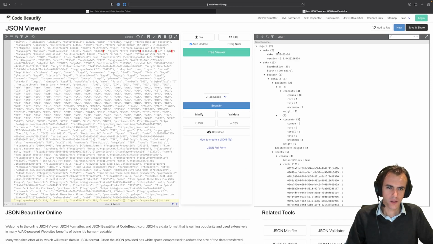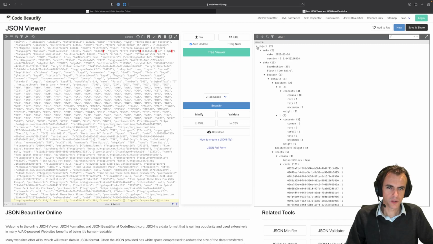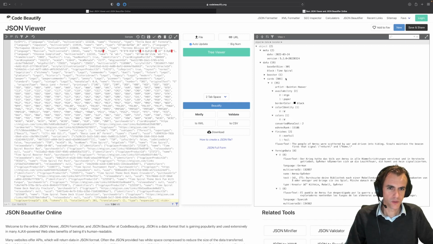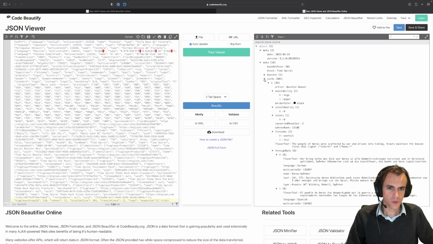And then it will, with the tree viewer, give us a structured version of this where we can see that it contains a couple of properties as metadata, and then some data which has an integer, a string, and then a booster object, and 301 card objects, which is an array. And then within this array